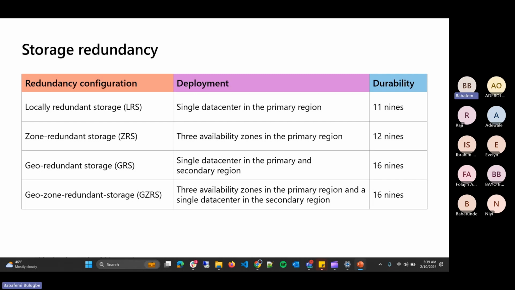The second one is the zone redundancy, then the geo-redundant, then the geo-zone. So let's start with the locally redundant option. This is within that particular data center. If you create a storage account, you need to select what redundancy option you want to go with. The default, I think, is LRS, which is locally redundant storage. So what this gives you is,